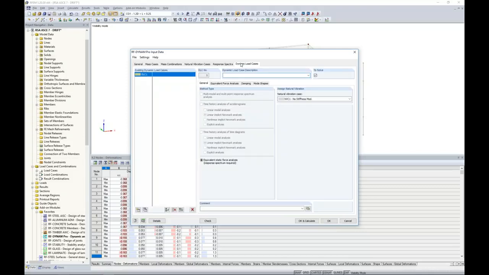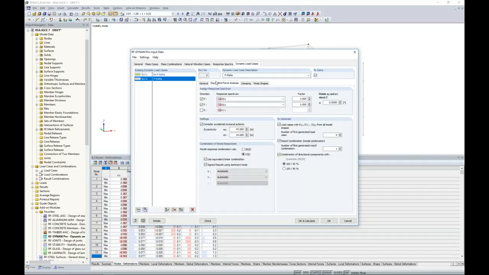Under my dynamic load case, well, we have our first dynamic load case here, which did not consider P-delta. So we'll just give it a description of no P-delta. I make a copy of this one, and we will just take away the no here so that we know that this one is including P-delta. The difference here is I need to choose my natural vibration case where I have now included this geometric stiffness modification. Everything else remains the same here. We're still relating the response spectrum analysis per the ASCE 7 to the X and Y directions, accidental eccentricity, and so on. But now I'm going to click OK and